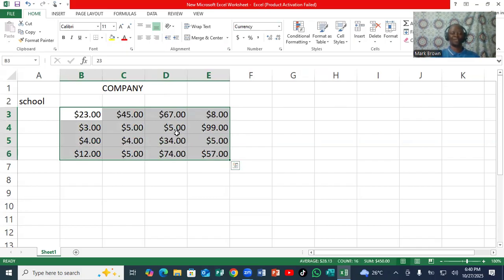So if I want to increase the decimal section here, I come right here. You notice right here, this is decrease. So I come like this, and you notice everything has gone to 1 zero. If I come right over here and click, notice it goes to 2 zeros, 3 zeros. And that's where you can actually increase and decrease the decimal. So this is where you actually add currency right here